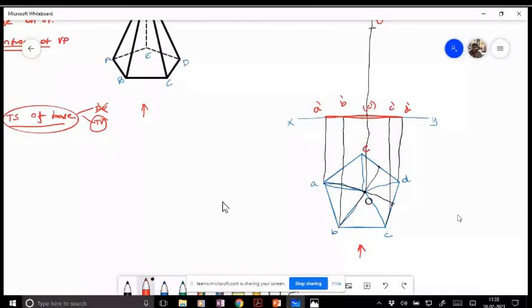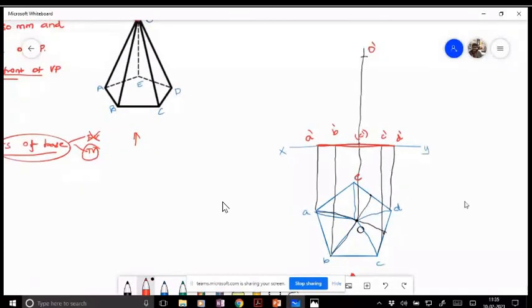Okay. So from the visible base edges, the slant edges connecting to the apex will be visible. That means AB is visible. From A, you need to connect to O. So that will be visible, and AO will be visible. I can easily explain with this model, but you will not always have this 3D model, right? So it's very difficult to understand. Then OC will be visible because the CD base edge is visible. Whatever connects to the apex from there will be visible.